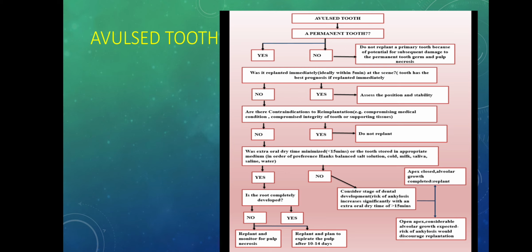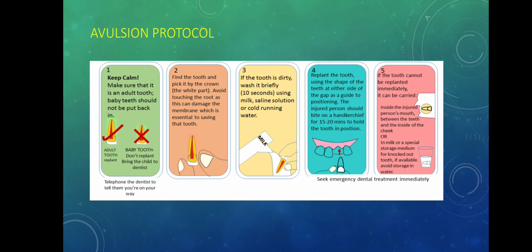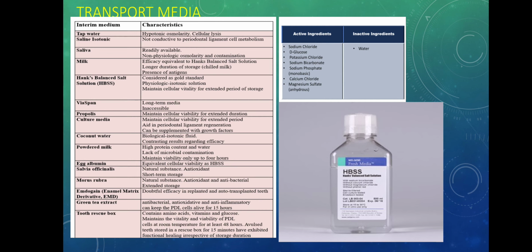Anything within a couple of minutes is well and good and has a better prognosis, and the prognosis goes way down when the time goes beyond 30 minutes. So when the patient calls you and says that he has knocked out his tooth, there is some information you can give him, which is in the table and you can just read it. But there are some transport media which are very important and are asked in the ADC exam. These are the ones in which the tooth can be kept while the patient is driving to the clinic. The first of them is HBSS, that is the Hank's Balanced Salt Solution,